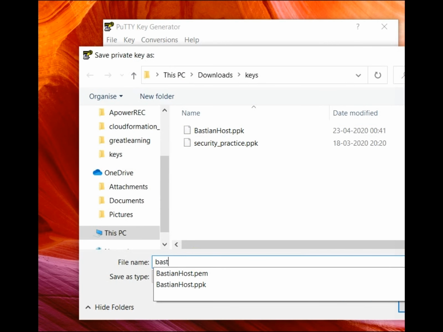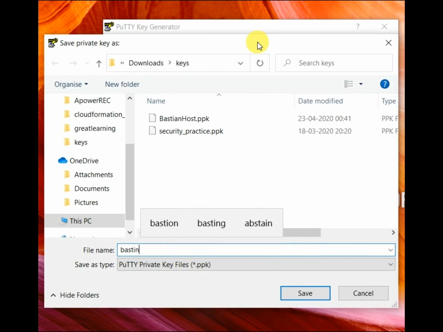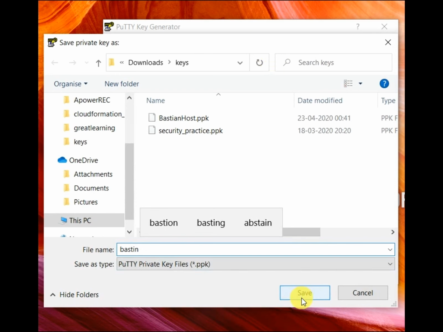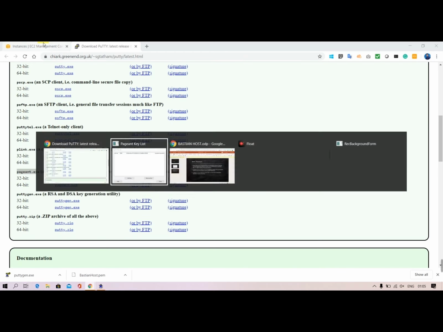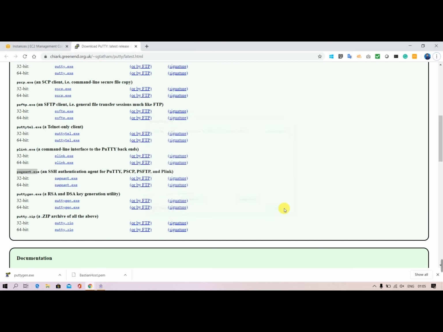In my case it is just any name, and click on save. That's it. So what I did is load my ppk file in Pageant, and then click on close here.